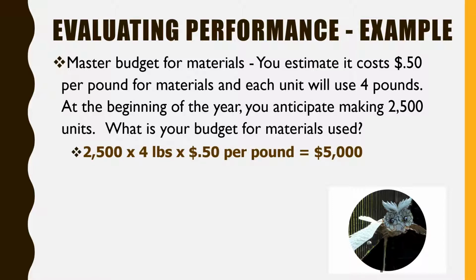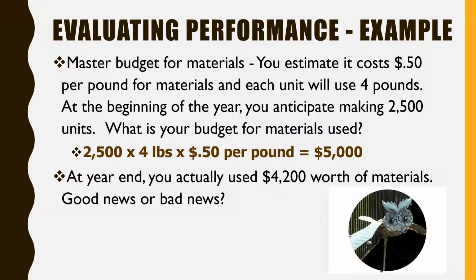Hopefully I gave you time to calculate. 2,500 units times 4 pounds times 50 cents. Your master budget is $5,000. At year end, we actually spent $4,200 on materials. So is that good news or bad news? Well, you first might look at that and say, well, we spent $4,200, we thought we'd spend $5,000. We did really well. But